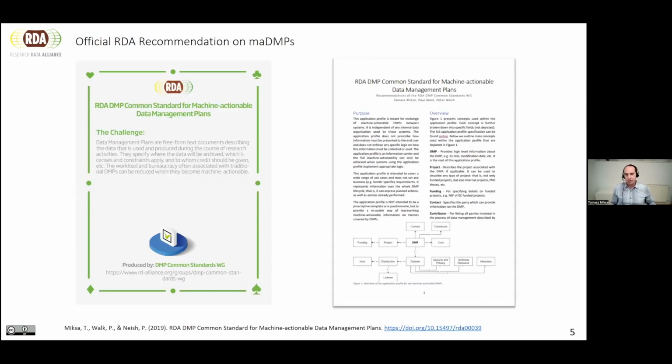Since we are not able to focus on all these problems, the working group started to work on a common way to model the information in data management plans. And we produced a recommendation, which you can see in the slide. This is a 2-pager document which outlines the key components that we believe are a minimum common set of information that can be exchanged between different services. And there is also extensive documentation on GitHub. And in the next 3 slides, I'm going to show you excerpts from this documentation, and we'll try to show you how to read the documentation and how to interpret it.